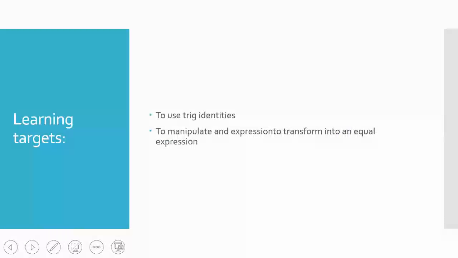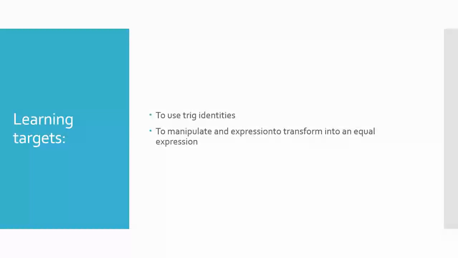So we want to be able to use the different trig identities as we're working through these, and those are going to help us manipulate an expression, and we want to transform it so that it looks like what's on the other side. And this is hard because there's no actual math involved. What you're doing is you're simply manipulating and substituting in equivalent expressions for other expressions until both sides look exactly the same. So this is really abstract and can be very difficult to kind of wrap your head around because